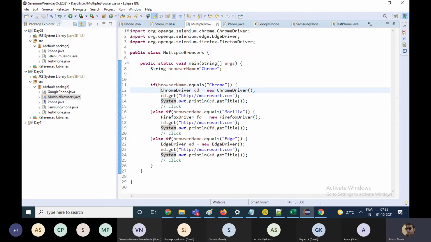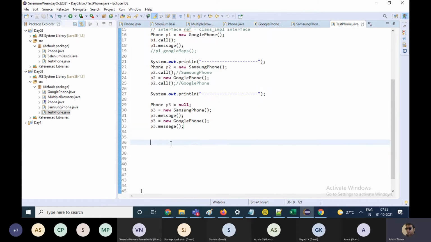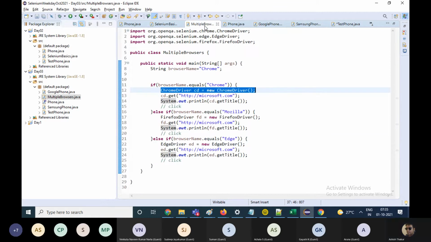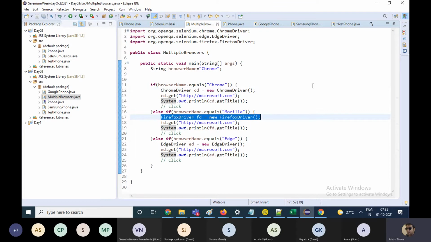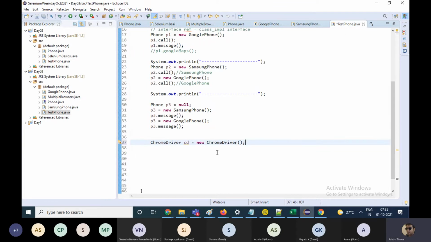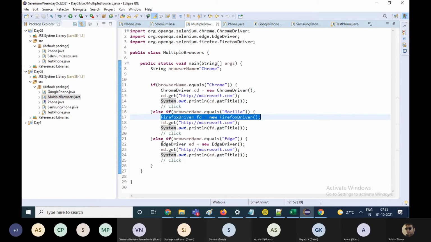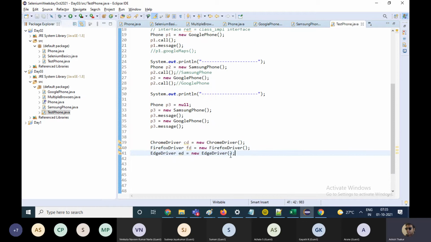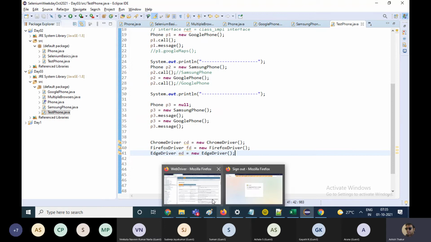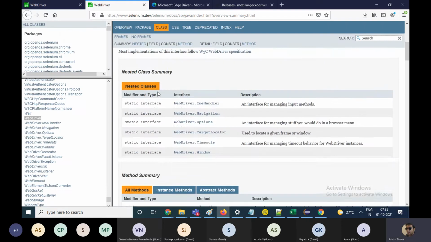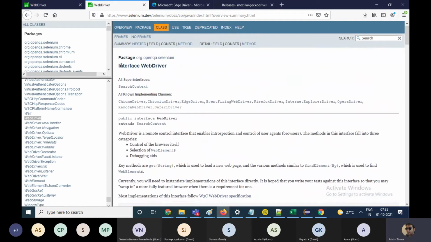Right. Till now we have created the objects like this. For Chrome driver, we are creating the object like this. Or for Firefox driver, we are creating the object like this. Edge driver. We know from the documentation that all these driver classes are implementing the WebDriver interface.